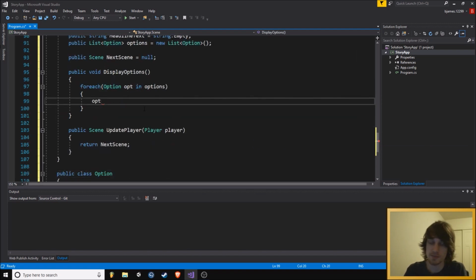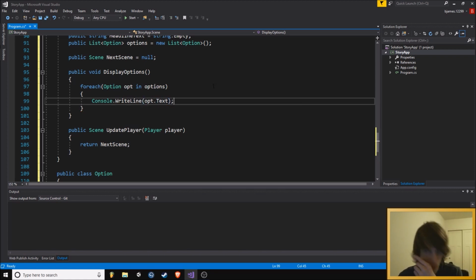So we'll say opt dot text. Let's see, console dot write line